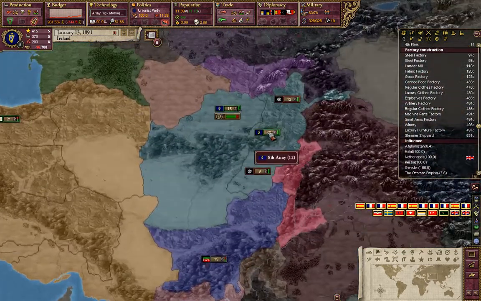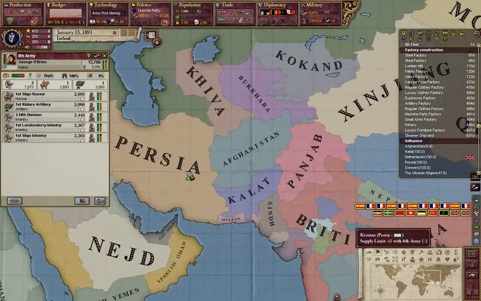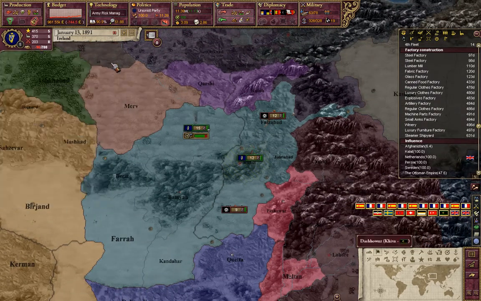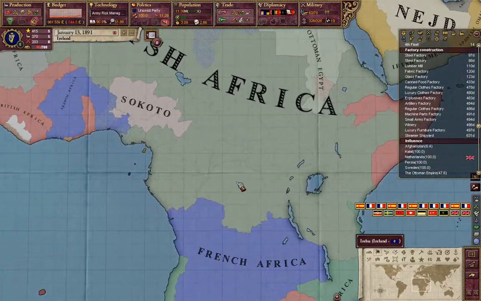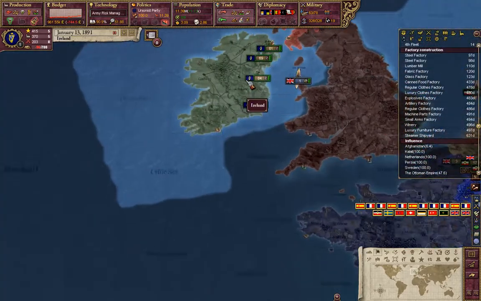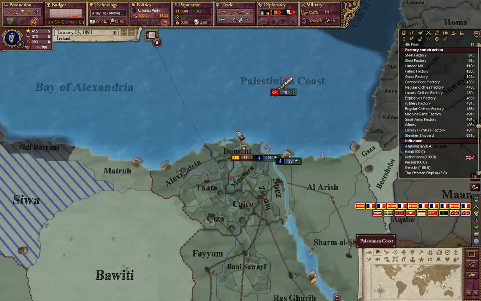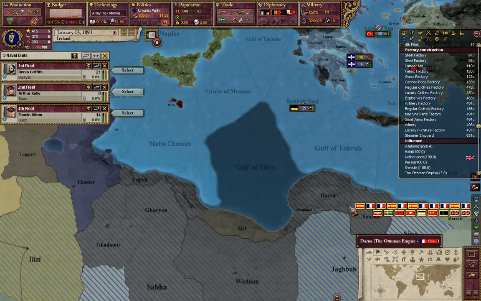We're also currently involved in a war here in Afghanistan, which is going fine. They don't have much military tech. It is taking one of our armies away, which is unfortunate, but that's fine. We also have a large amount of mobilized troops, which are unfortunately placed in a rather tactically irrelevant location over there. So our first order of business here is to get our navies together so we can actually ferry them